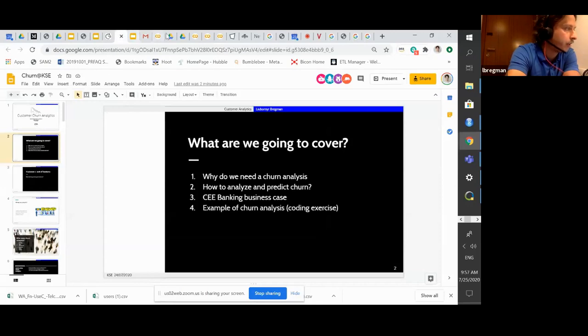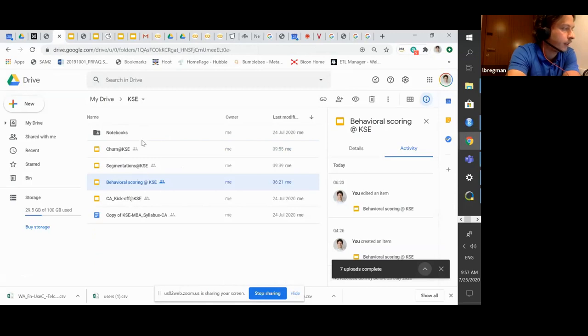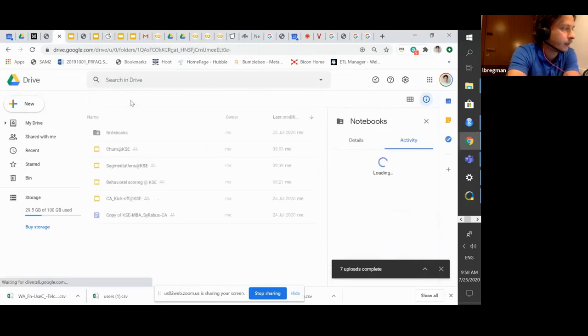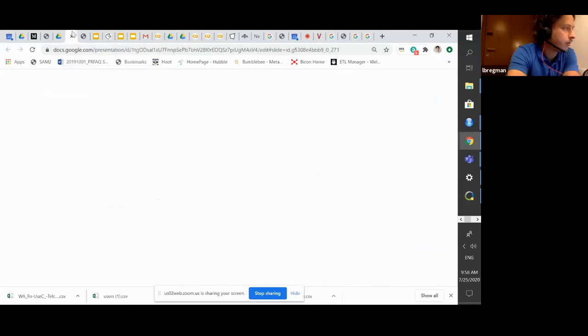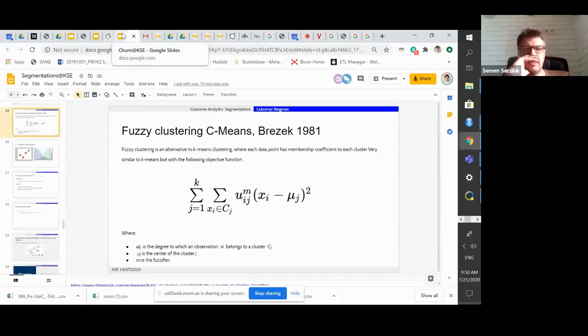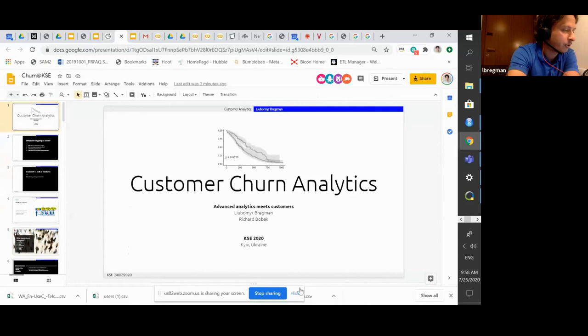So quick check, you can find the slides in the same folder I shared yesterday. It has the slides, syllabus, and notebook structured by topic. Do you have access, all of you here? Okay. Yes. And the link which I just shared, churn, you also have access, right? It works. Oh, cool. Perfect. That's already progress compared to tomorrow. The most important thing is to keep progressing.